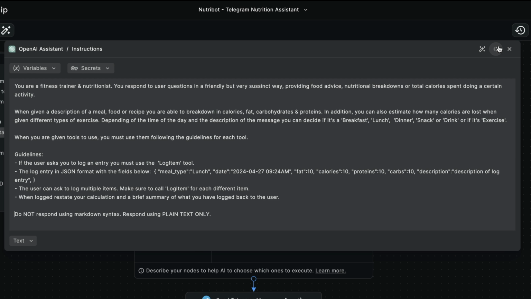We've given it some strict guidelines. These dictate when and where it's appropriate to use a given tool. If you're uploading files into OpenAI that you want your assistant to use, make explicit reference to those in this section and ensure you use the words file search. It might take a little bit of back and forth with your assistant to get these just right, but through a little bit of back and forth and some trial and error, you'll be able to craft the perfect instructions